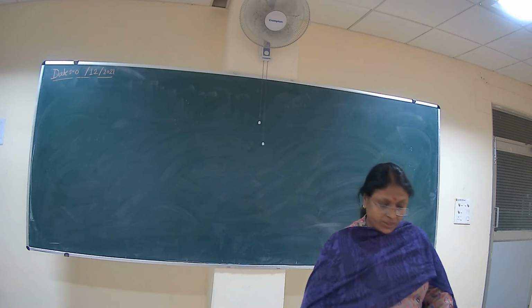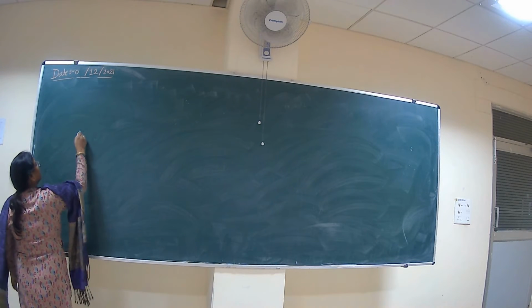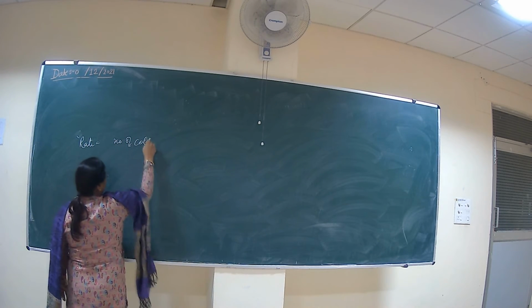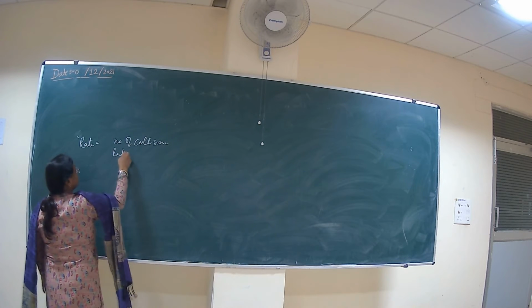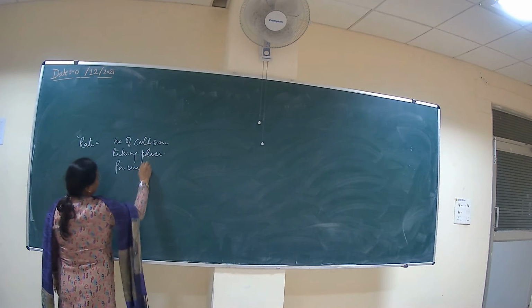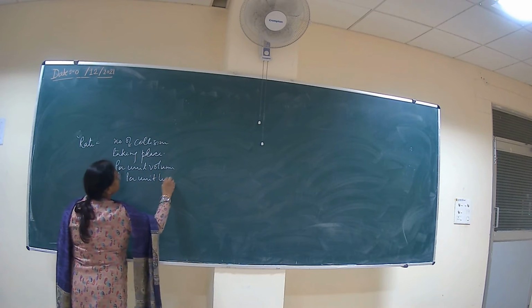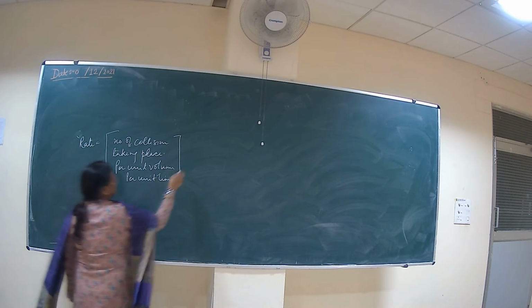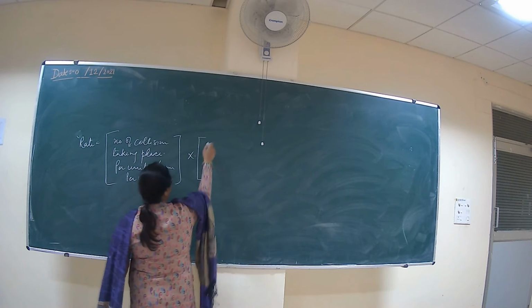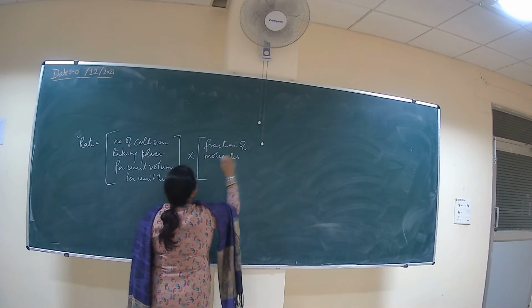So for the collision theory, the rate of the reaction is equal to the number of collisions taking place. यहाँ पर हमारा रेट जो होगा, this rate is equal to number of collisions taking place per unit volume per unit time into the number of molecules converted into the product, or the fraction of molecules converted into the product.